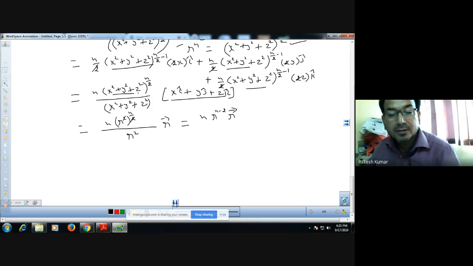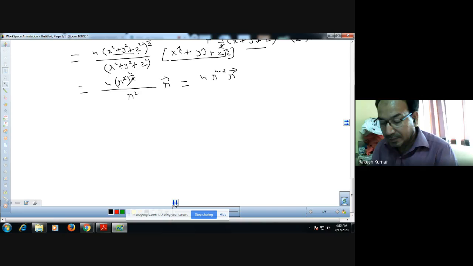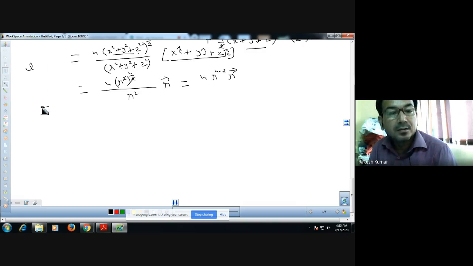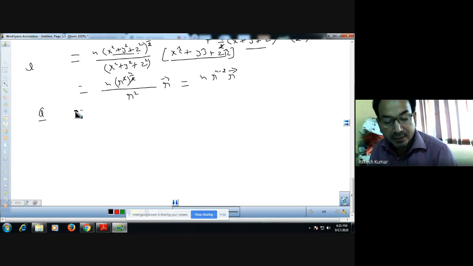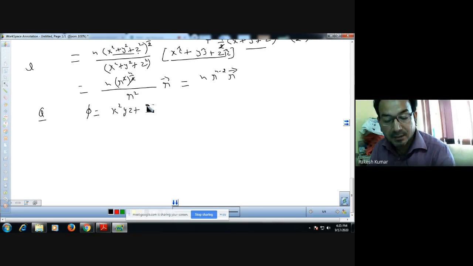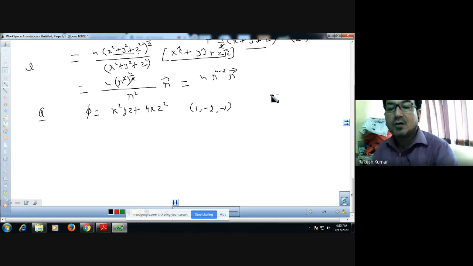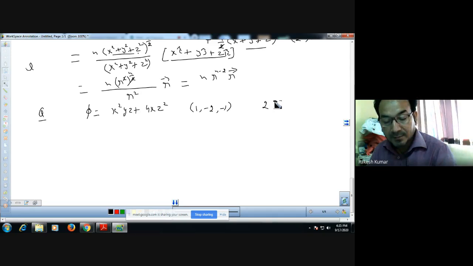Find out the directional derivative of the scalar point function x square yz plus 4xz square at the point 1, minus 2 and minus 1 in the direction of a unit vector in the direction of the vector 2i minus j cap